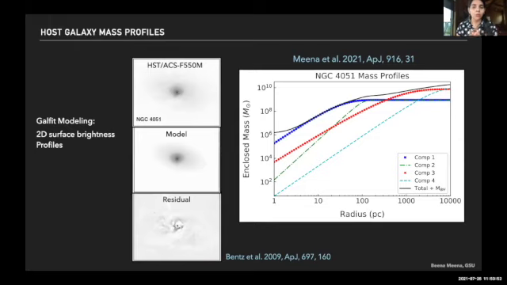To do so, we use GALFIT to model the surface brightness profile of the host galaxy, as my colleague Justin has already explained in detail how GALFIT is used. But for NGC 4051, we use the model parameters from Benz et al. 2009. And using a mass-to-light ratio, we converted those brightness profiles to radial mass profiles for each Sérsic